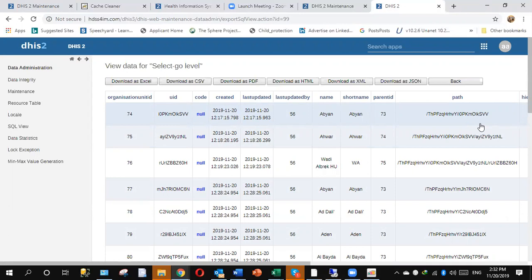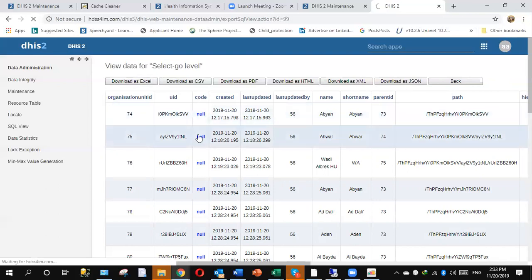Because if you have a system that is already created and done, and you want to take this organization unit for another blank system, you can save this organization unit in JSON or XML format, go to the blank system and import them. Automatically it will create all the organization units. So here, if we save this organization unit with Excel,